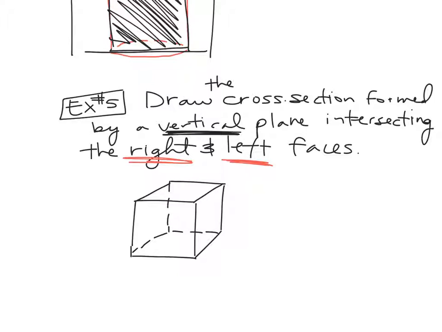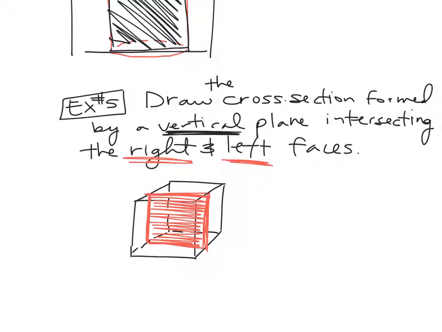Sorry, I'm going to take all those red pieces away so that I'm not confusing you. But one option with this stuff is majority of the time you're going to draw parallel lines. So if I have to go vertically through, I'm going to draw parallel lines that are vertical on the left and the right face. Okay, so let's say my first one is here. My second one has to be somewhere on the right face, so I'm going to put that one here. Well, my cross section then is just connecting those endpoints. So I'm going to connect up here, and I'm going to connect down here,